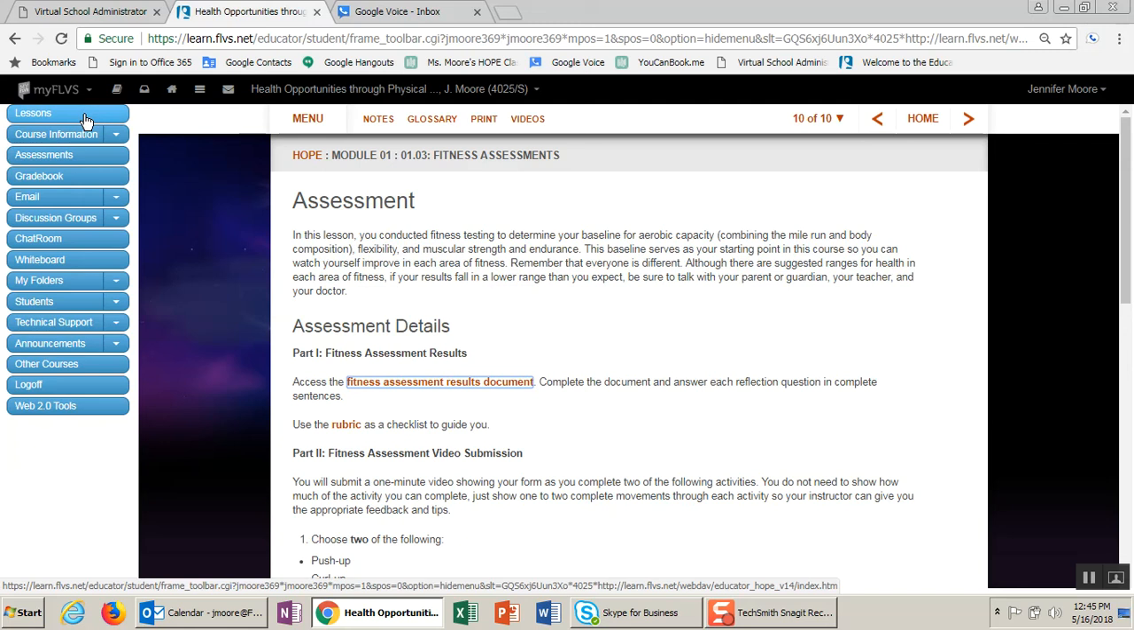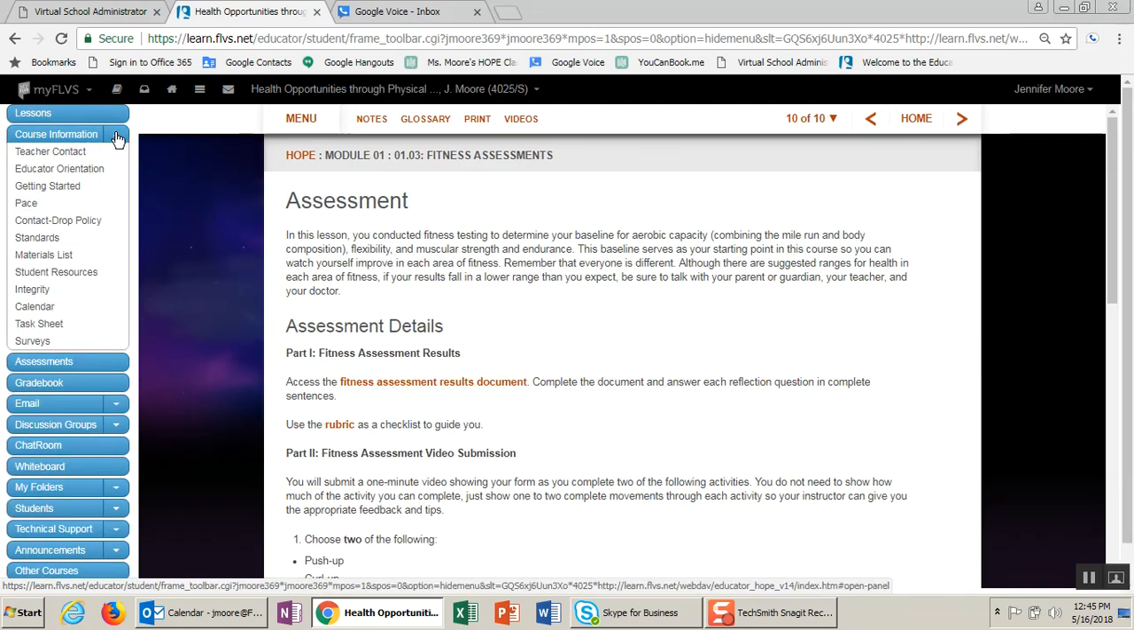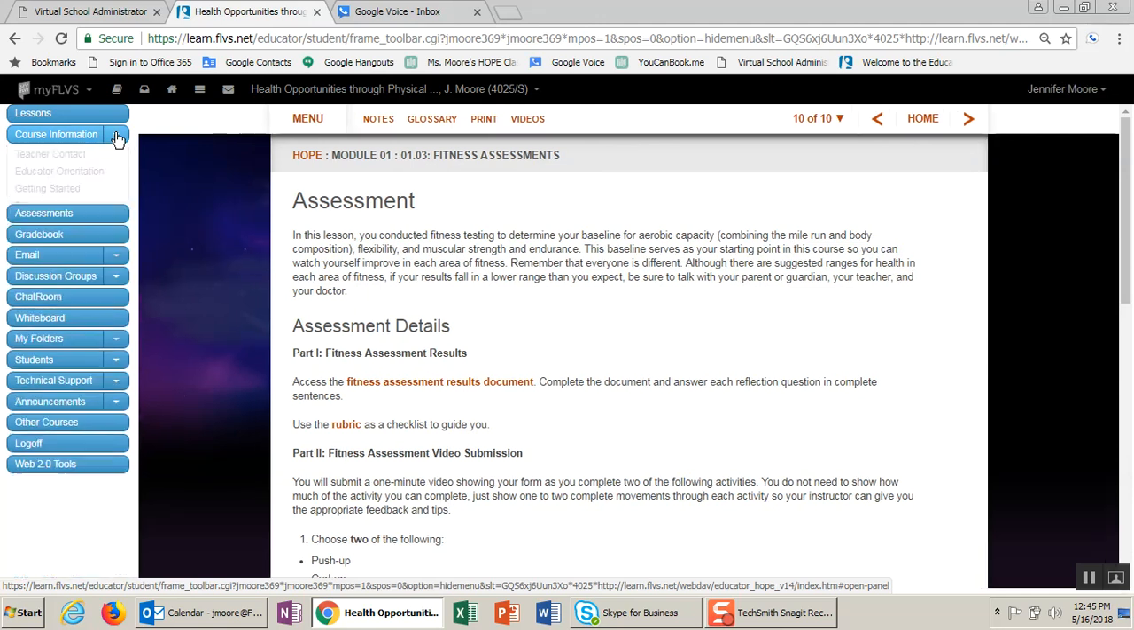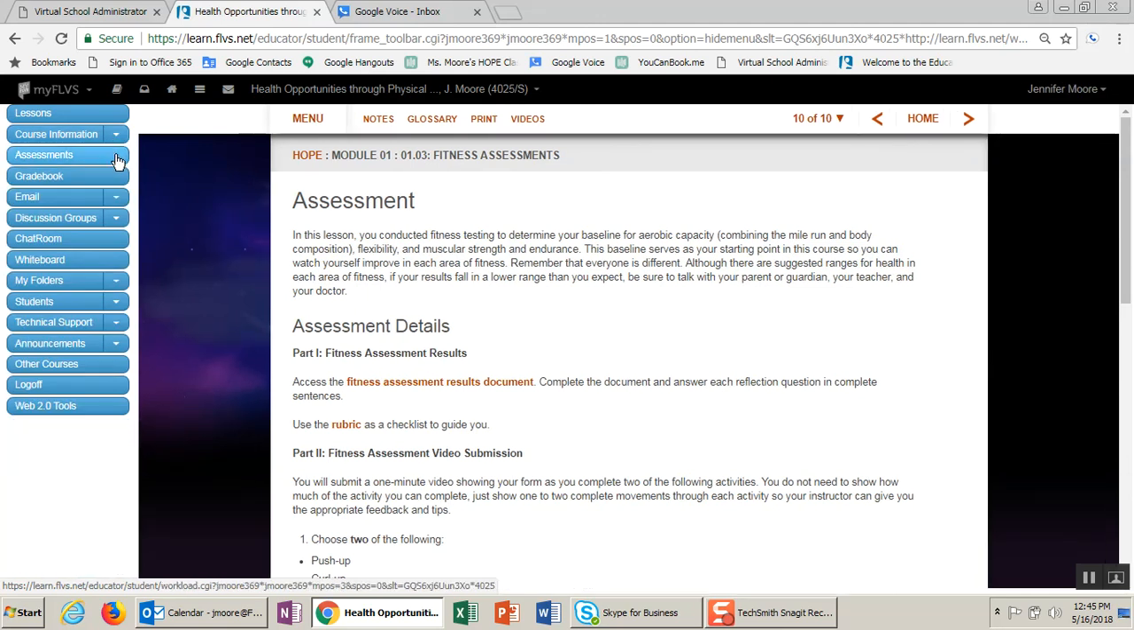Your lessons, course information is just information on the course. So lots of information in there if you want to go through it. Assessments tab is where you go to submit your assignments or start your quizzes. If you need to resubmit an assignment, so I've given you a grade with some detailed feedback in your email,